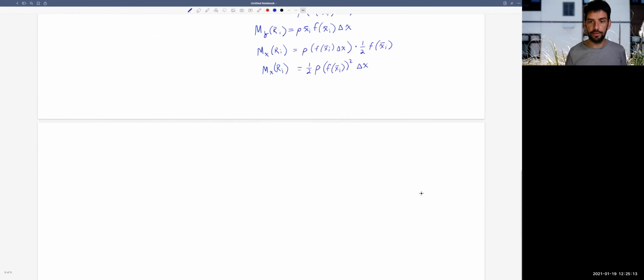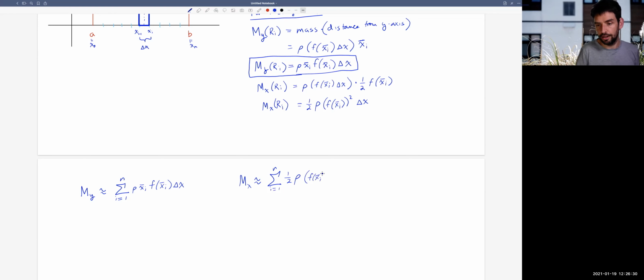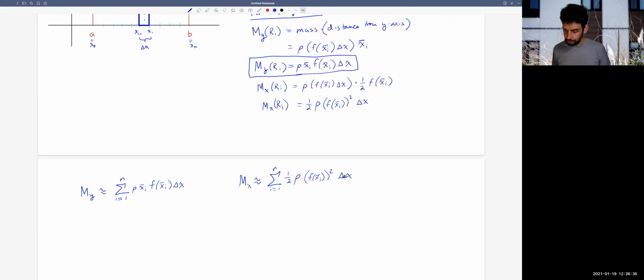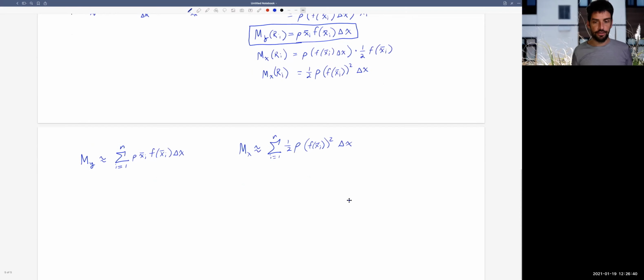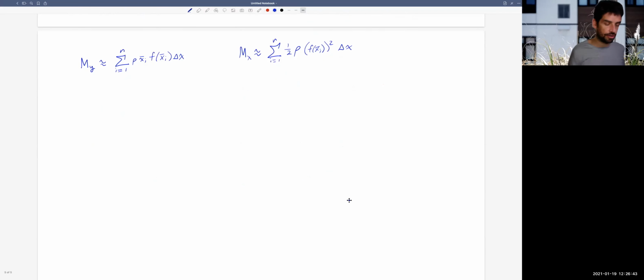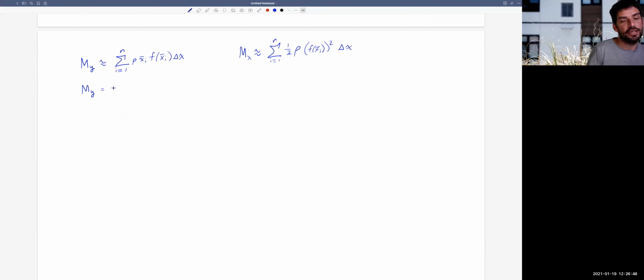And the moment with respect to the x-axis is the same idea. This is the approximation. We have 1/2 rho f of x bar sub i squared delta x. And then how do we make these numbers precise? Well, we take a limit. We take smaller and smaller intervals. So we'll get that My is going to be equal to the limit as n goes to infinity of this summation,